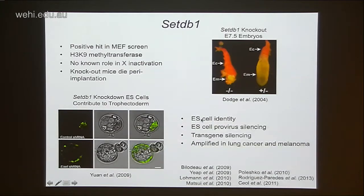Setdb1 plays an important role in ES cell identity, and it is involved in binding with OCT4 to suppress genes involved in trophectoderm, like CDX2. Interestingly, Setdb1 knockdown ES cells, when injected into early 4 to 8 cell stage embryos, will actually incorporate into trophectoderm when they shouldn't, indicating that they play an important role in keeping ES cells